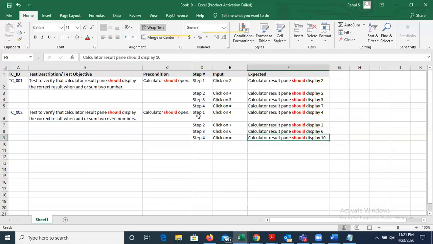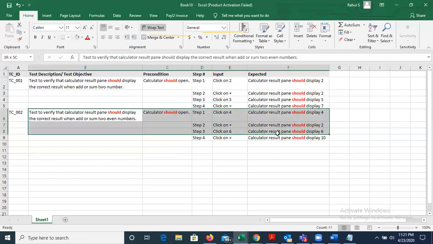Now see, this test case is complete. These two thumb rules you always have to follow: the words will, should, must can come in the test objective, precondition, or expected result, but the test description and expected result must always have the word should.